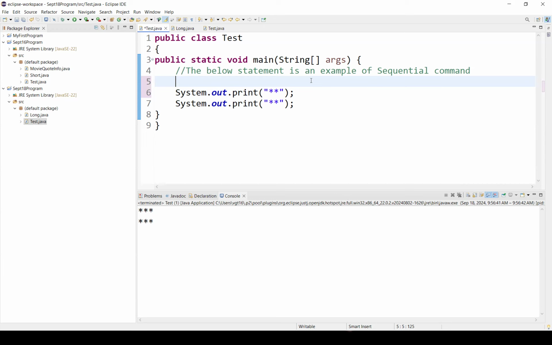Does everyone know what an integer is? Whole number, yes. Any number in the form of whole numbers, and which we can,